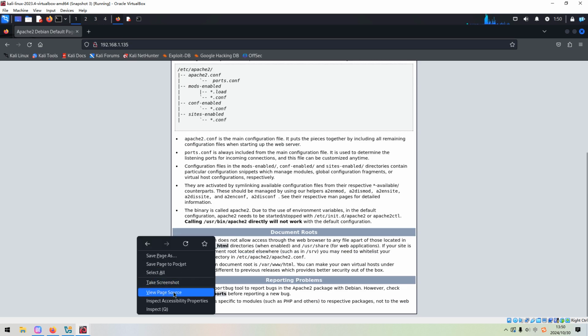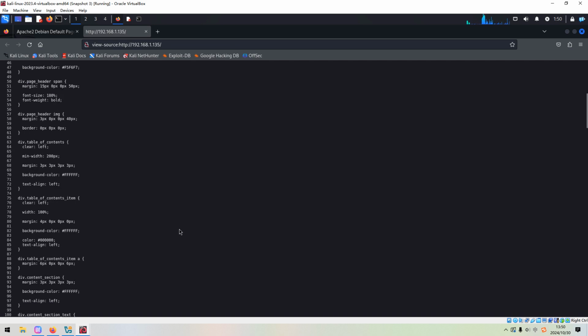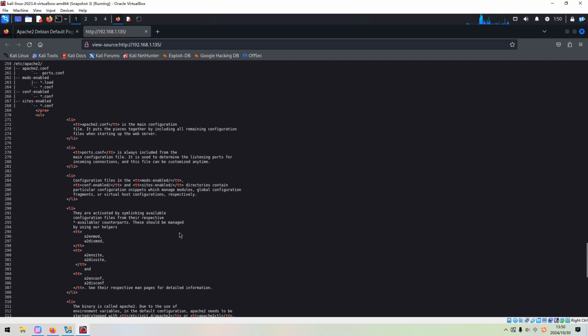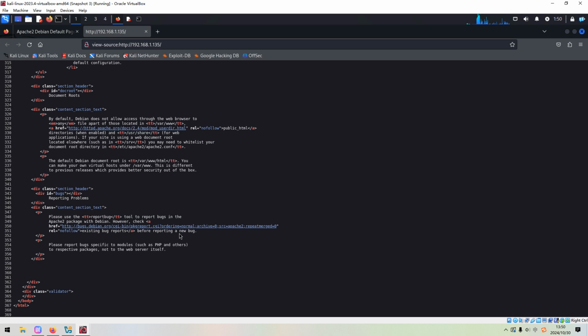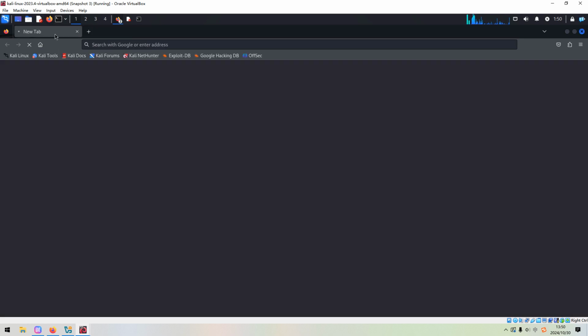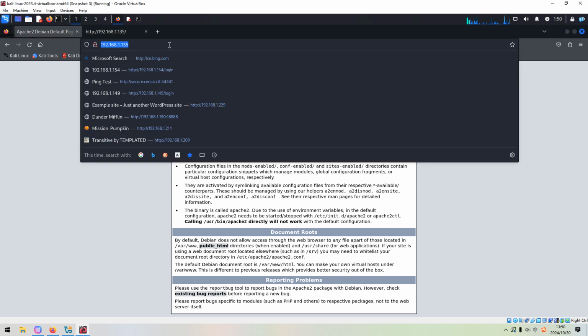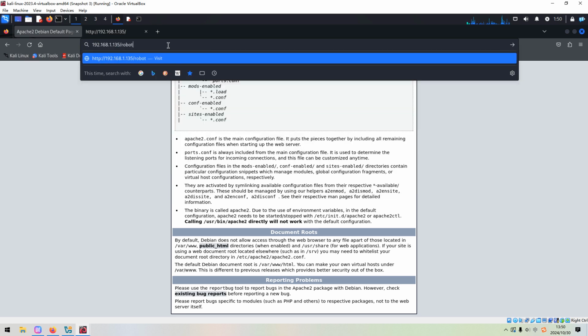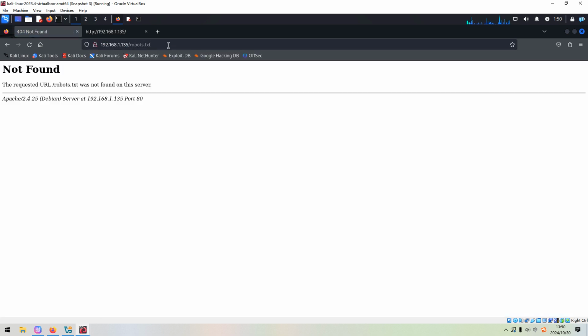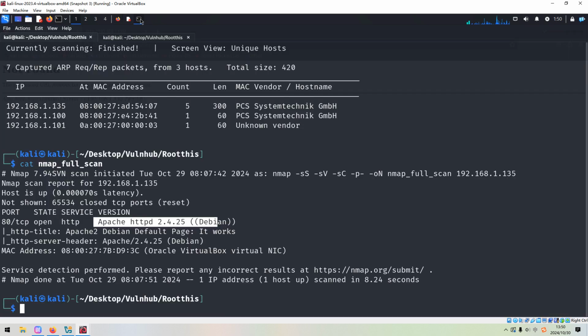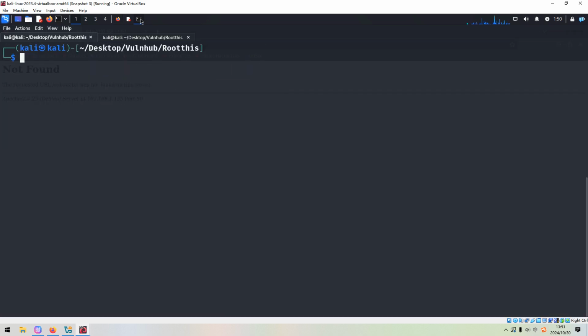As usual, we need to check its source code, but nothing here in terms of valuable penetration information. Next, we need to check whether this site has a robots file or not. Not found.